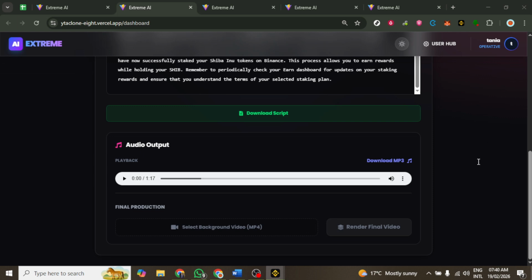After selecting a suitable staking plan, you will need to confirm your subscription. Enter the amount of Shiba you wish to stake in the designated field. Once you've entered your desired amount, click the button to confirm your subscription. Upon confirmation, your SHIB tokens will be transferred to your Earn wallet, and you'll begin earning rewards based on the